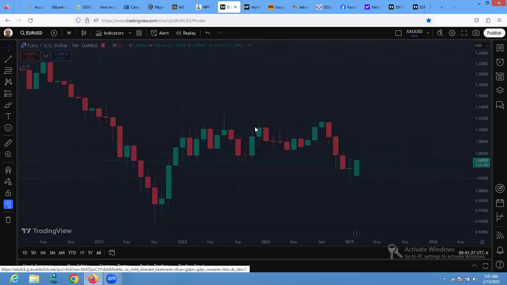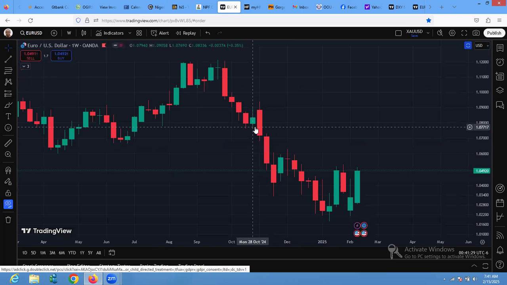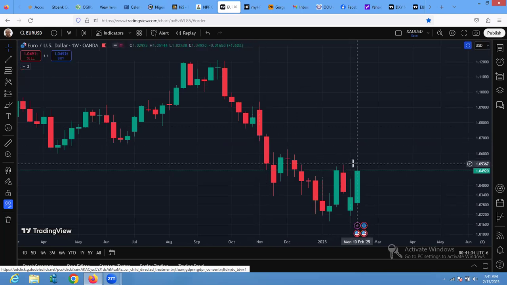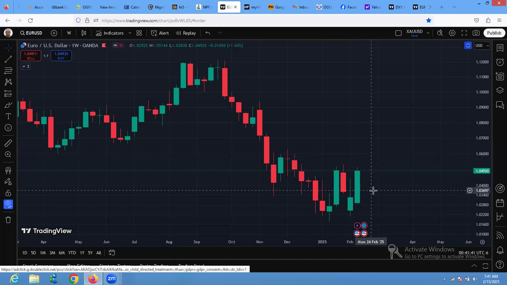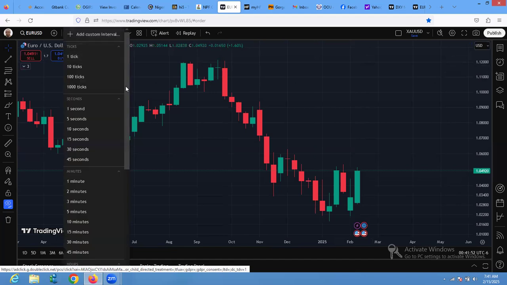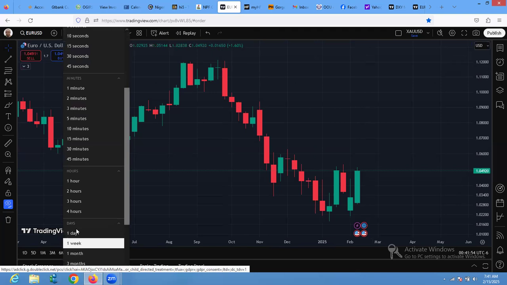On euro dollar, we are at the beginning of this move. This is going to be taken over time. For now, if it breaks up further, we're going to look for a correction, probably a much deeper correction to come to this area on the weekly before we have a further push. In the immediate, if we go on the daily time frame,